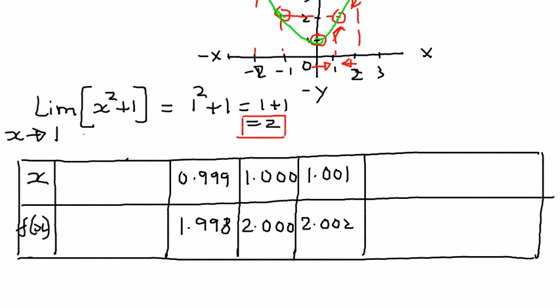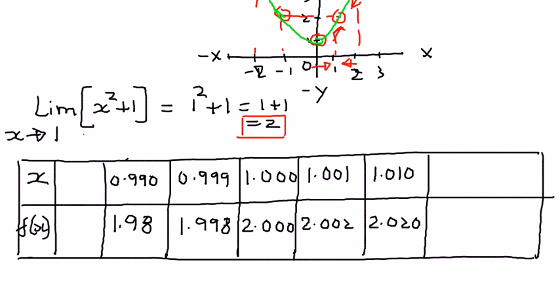If I pick another point on the left hand side, 0.990, the value of the function is 1.98, very close to 2 but not equal to 2. It is less than 2 here. On the right hand side, if I give x equal to 1.010,